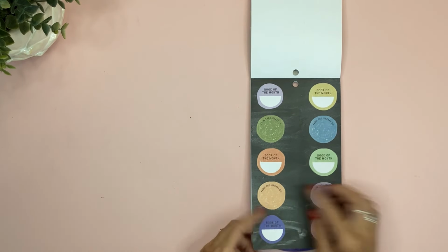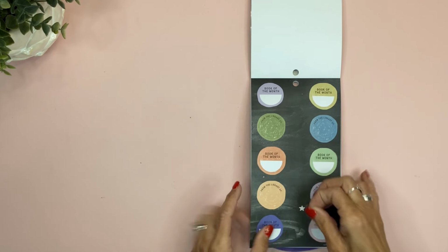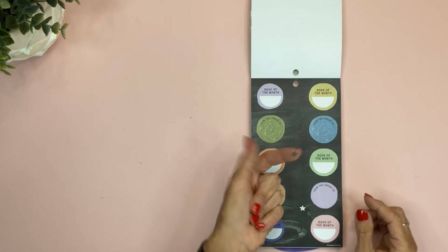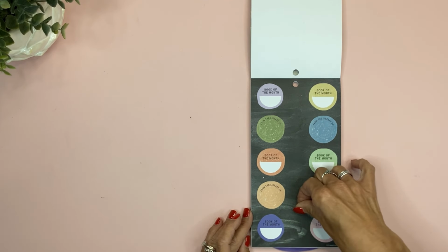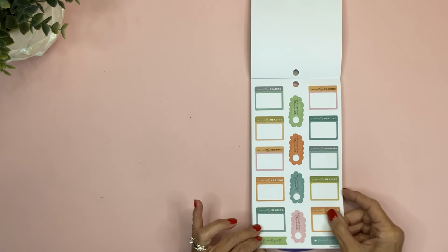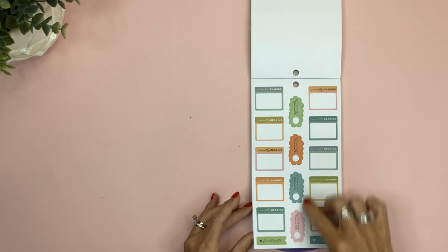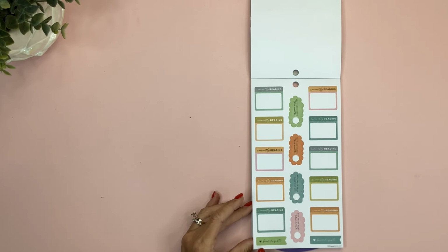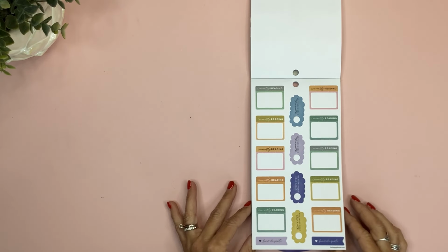Then we have more of those. These stars, they're hard to see, but they're just in that sort of chalkboard pattern. And they have those same stickers that say Book of the Month and From the Library of. Then we have Currently Reading and Number of Pages Read this month. That's a really cute little sticker, the way it's like a little cloud. And then Favorite Quote. Got another of those, and all the colors that are going to go perfectly with that